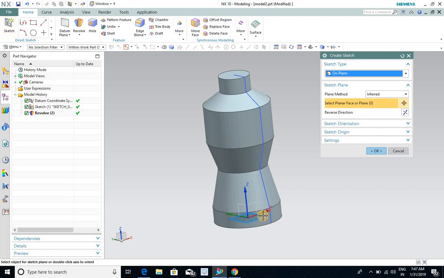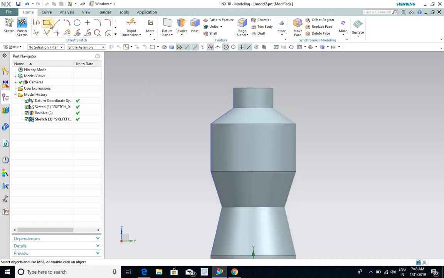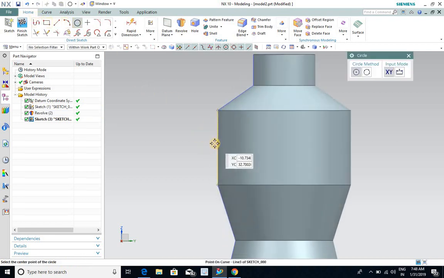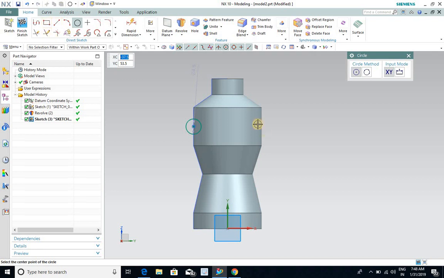So I'm selecting the same plane again, and I'm creating an object for cutting. Suppose I want to cut this circle through the complete 360-degree angle of this bottle. So we need to define our axis. As axis I will consider this Y direction, and I will take this point as the revolution axis starting point.